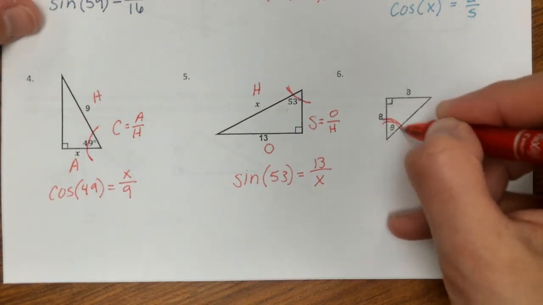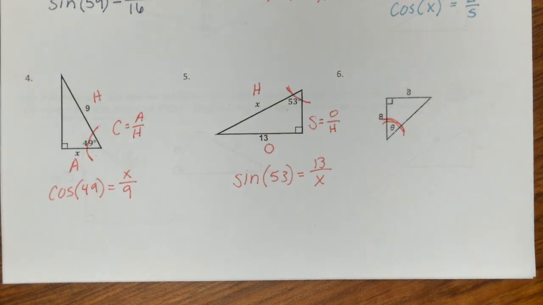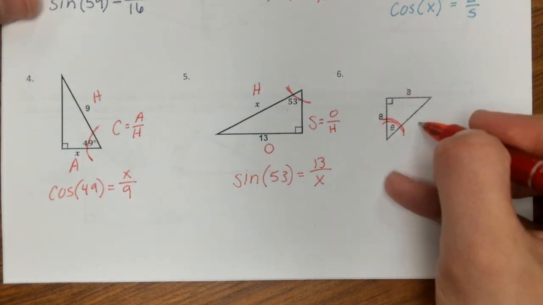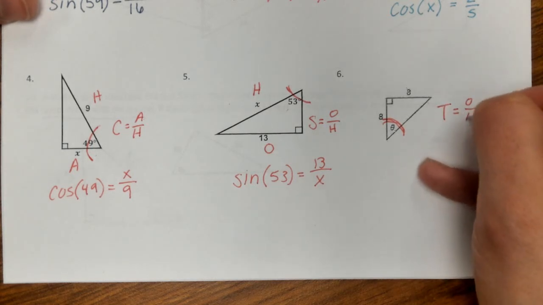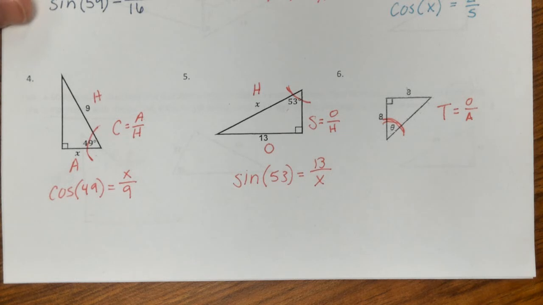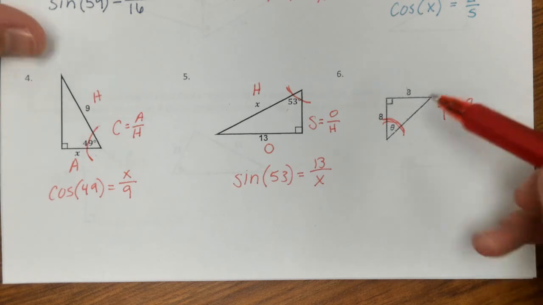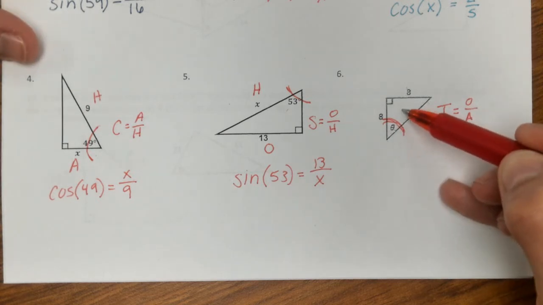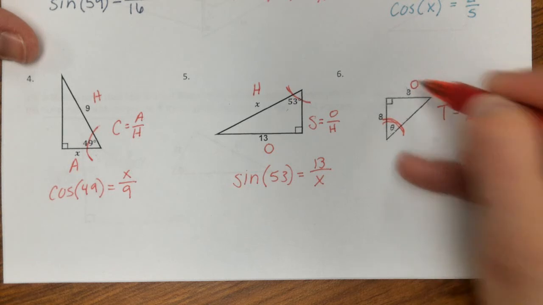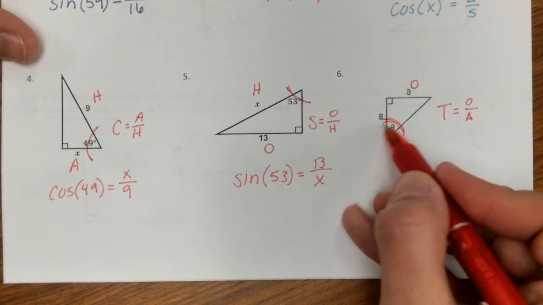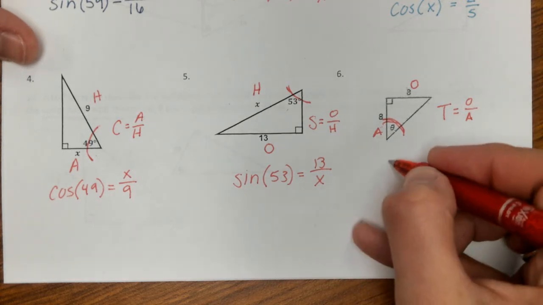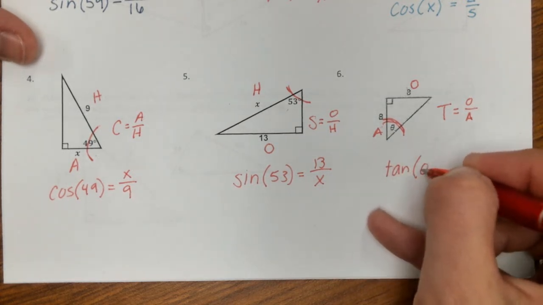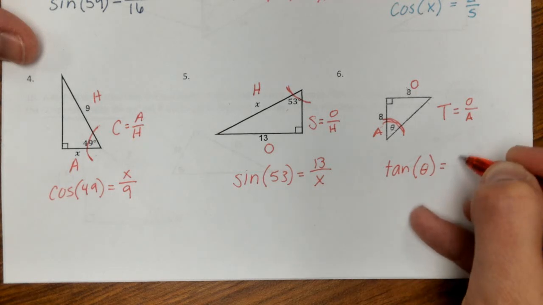Lastly, over here, we're missing an angle measurement again, but we have theta. This is still going to be our reference angle. I do not have hypotenuse. Oh, I don't have hypotenuse. I know I'm using TOA, tangent, because it doesn't use hypotenuse. Even though the numbers are the same, you still need to make sure you're labeling. So we're getting practice. I'm going to swim all the way across the opposite side, and there's my O. And I'm going to go right next door on the other side of that side, and that'll be my adjacent. So we end up with the tangent of theta, or x, is equal to, well, we have the same number,